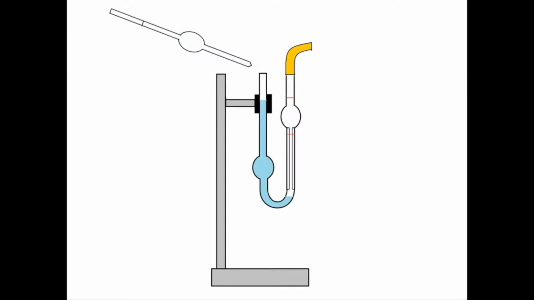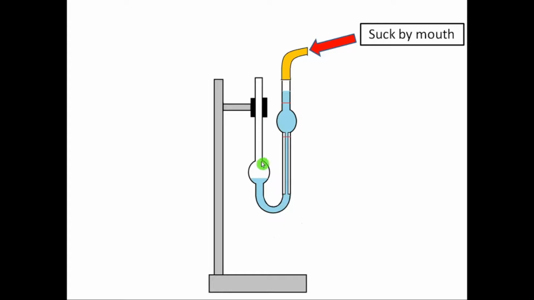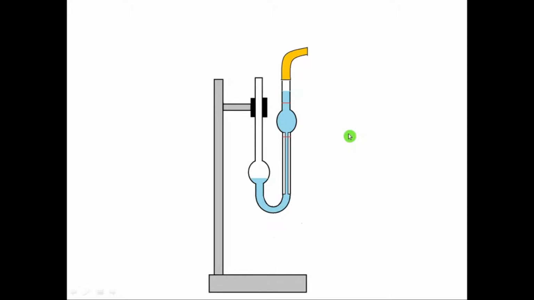So after addition of water inside this Ostwald viscometer, it will look like this, and you can see the water will not by itself pass through this capillary upwards. For that purpose, what we have to do, we have to suck by mouth from this rubber tube end. When we suck by mouth, the water will move upwards through this capillary up to this position, say. Then stop sucking, and when we stop sucking, the level will come down.